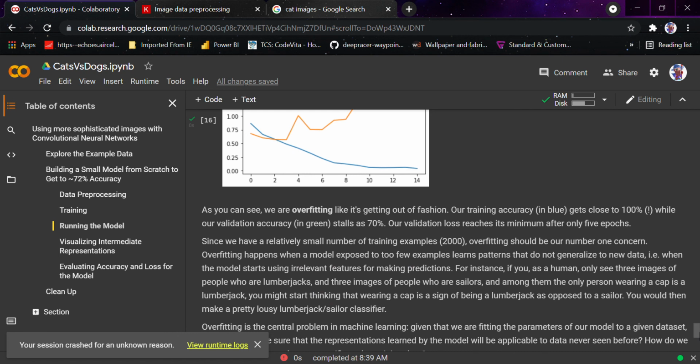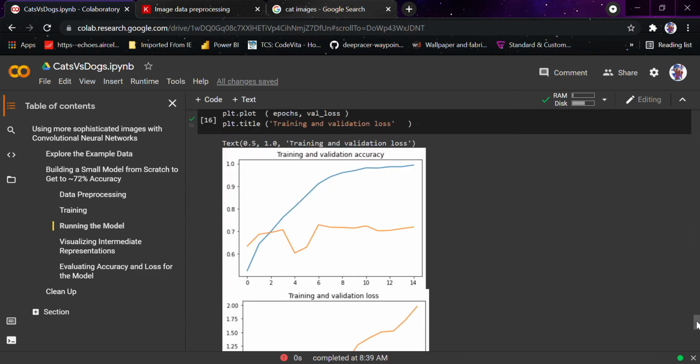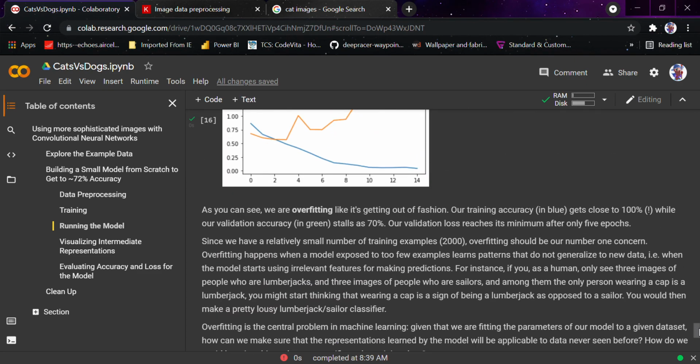What happens is that the model starts learning exactly what you have given it. You can understand it like this: you have given a cat image, and the model will start grabbing onto that, okay, this is a cat, nothing else can be a cat except that. It doesn't focus on the elements, but it focuses on the image. So this is known as overfitting. In the next video we would be concerned with overfitting and solving this problem, that is, how we can avoid overfitting. I hope you have enjoyed the video. Thank you and have a nice day.